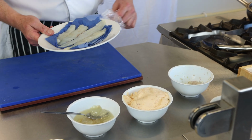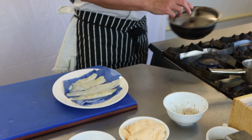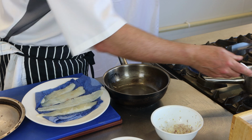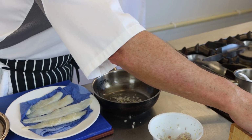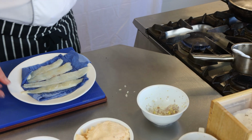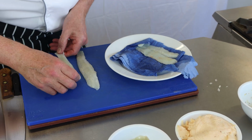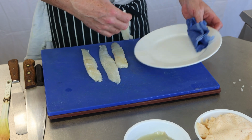We're going to oven poach or shallow poach this fish, and the way we do that is we will have a pan like so, which we will brush with some butter, a little bit of chopped shallot on the bottom, perhaps a pinch of salt and pepper. Then what I'm going to do next, my fillets of lemon sole, going to lay them in a nice line like that,